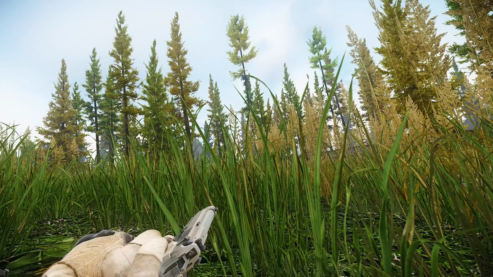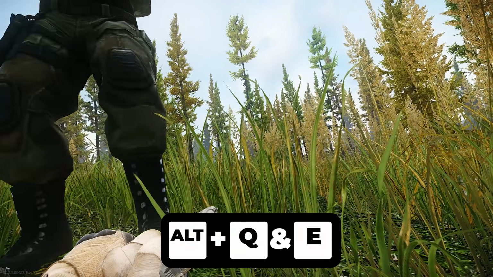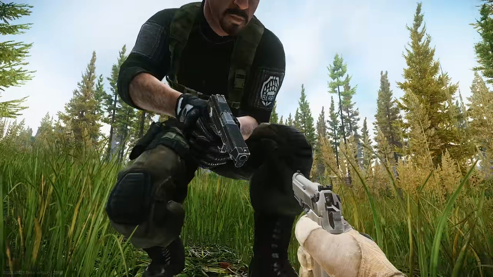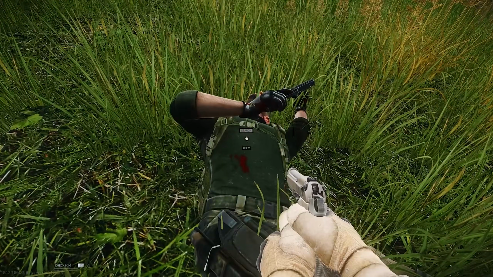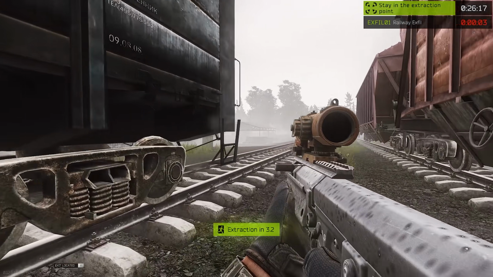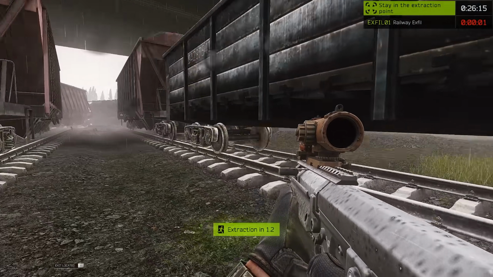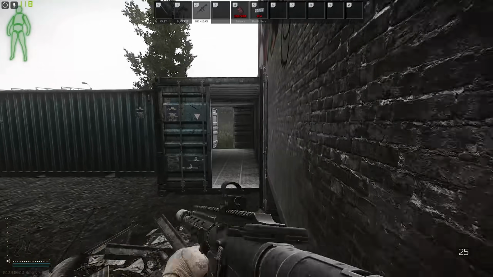Sometimes you can lay on your side in a stack of bodies by using Alt Q or Alt E, and this will make you appear dead to other players. Use this to your advantage. Always try to keep moving, as it's harder to hit someone moving than standing still. This includes when extracting. Rain makes it harder to hear footsteps, so use this to your advantage when pushing gunfights